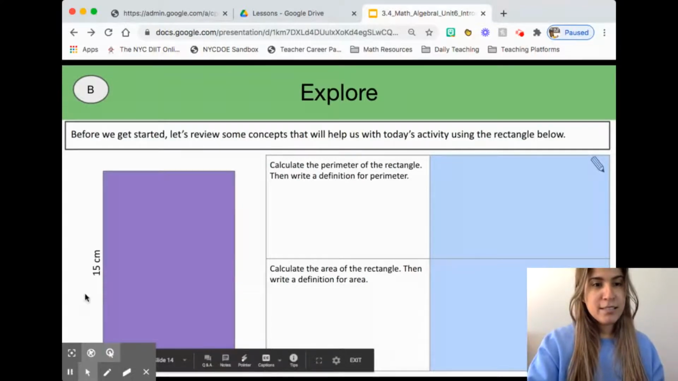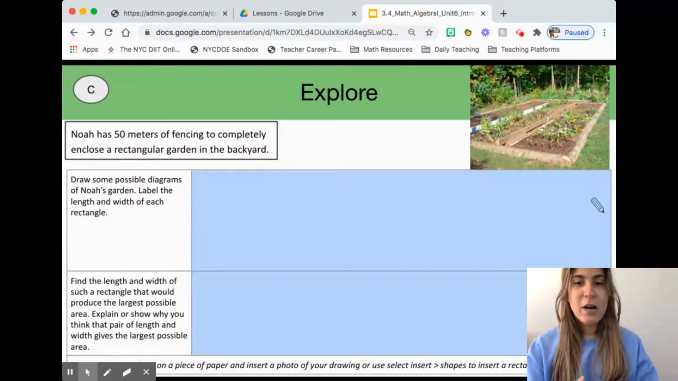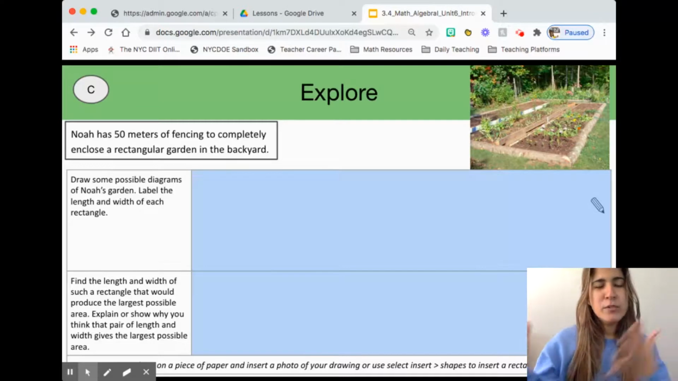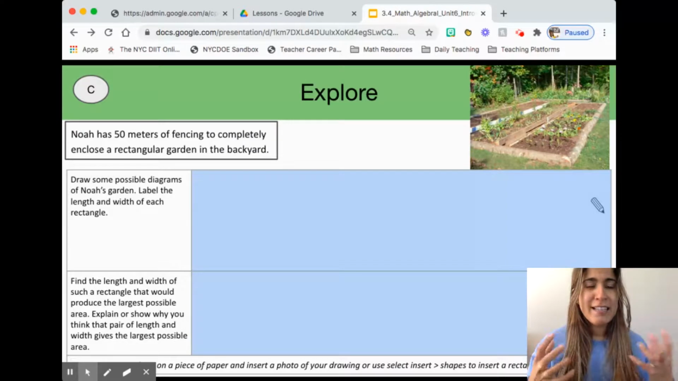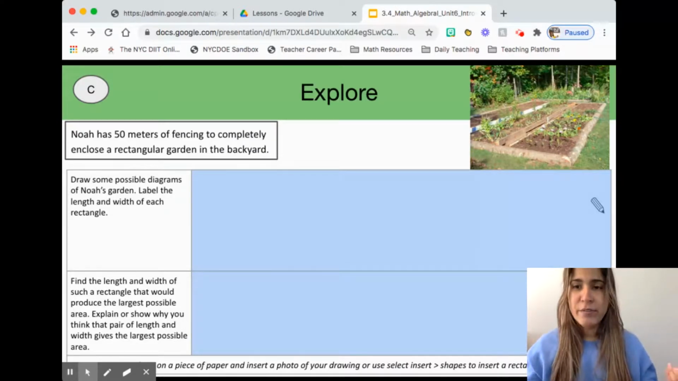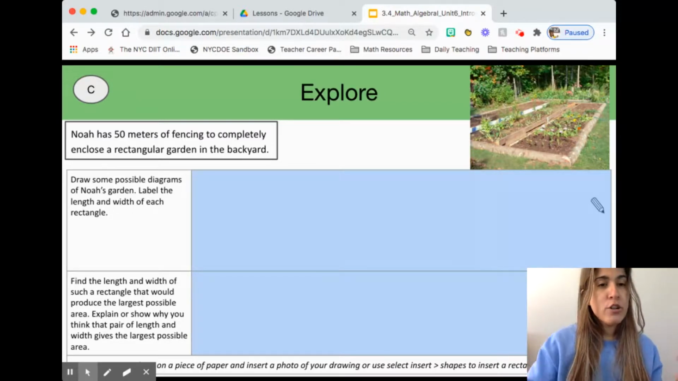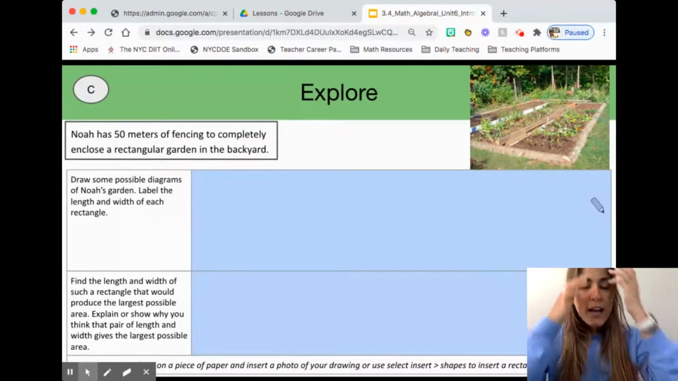Moving over onto slide C. Like we had said previously in our launch, our students and our multilingual learners specifically need explicit instruction that they can relate to real life. This is a question that we might need to help them make connections. So the question says, Noah has 50 meters of fencing. Things you can ask your students